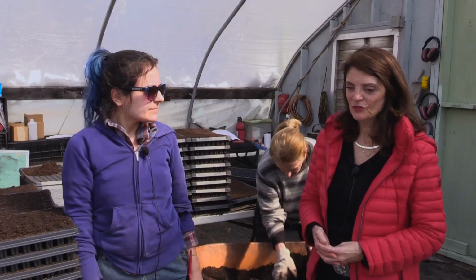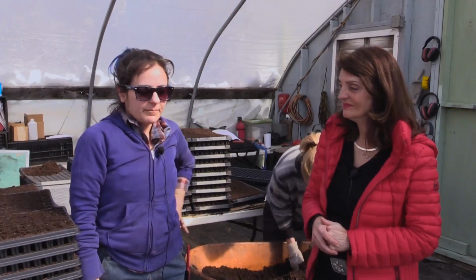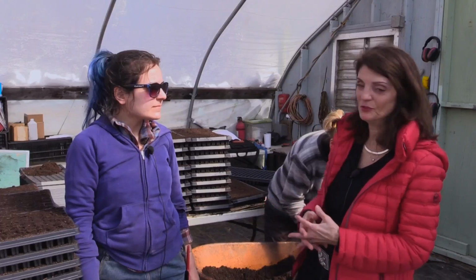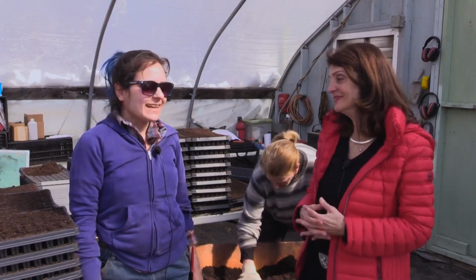They need more. So this is all volunteer, am I correct? I am paid staff, and our assistant farm manager, Alexis, who had to go to the other site, is paid staff, but the rest of everyone here is volunteers helping us get it done. So typically on a seed planting day, how many do you need, and do you get? Because sometimes you need a lot more, but...